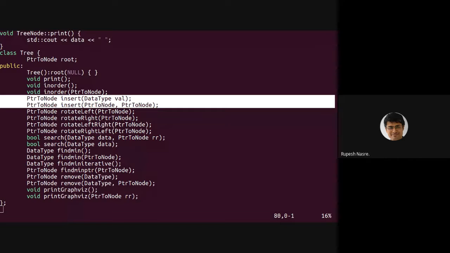So that is correct. Anish says, why is the default left and right -1? Shouldn't it be 0? The default ones are for the null. For the single node, we are saying that the height is 0. That is the reason we are initializing it to -1. But you can have a different invariant where you say that the empty one is going to have height 0, single node has height 1, and so on.